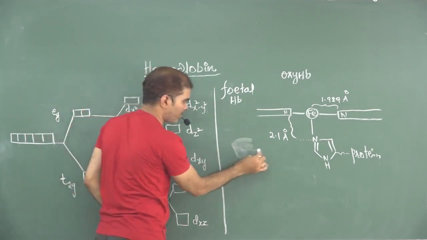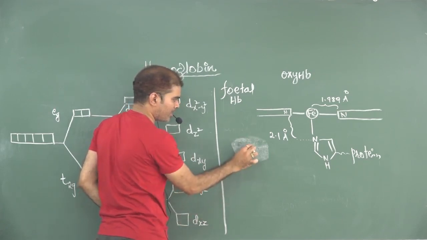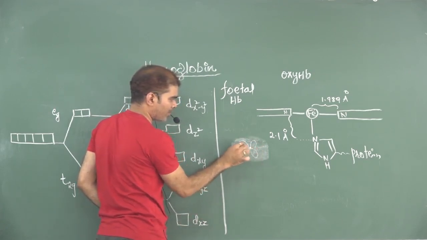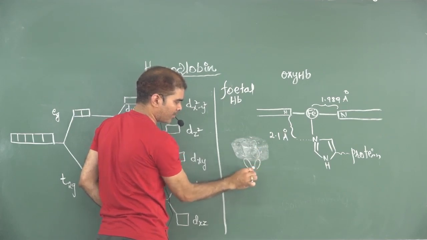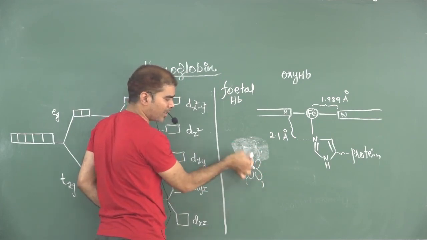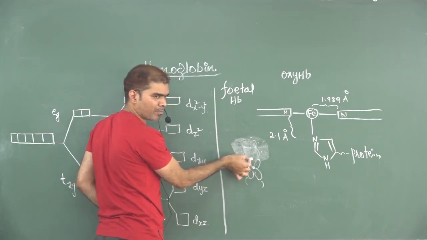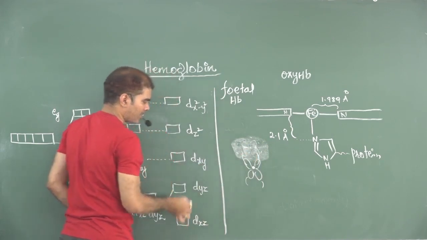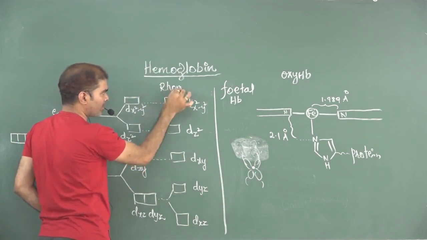Just suppose if this is porphyrin pi electron cloud, where is the iron? Is it present in the center? No. If it is present in the center, 1 lobe, 2 lobe, 3 lobe, 4 lobe, it will interact symmetrically. But that iron is not present in the center, that iron is somewhere here. So if I say 1 lobe, 2, 3 and 4, these 2 lobes are interacting, but these 2 lobes are not interacting. So it is called as unfavorable orbital interaction. This pi, both are having same symmetry, but interaction is unfavorable. Due to this unfavorable orbital interaction, you have further splitting. And this splitting we call it as rhombic splitting